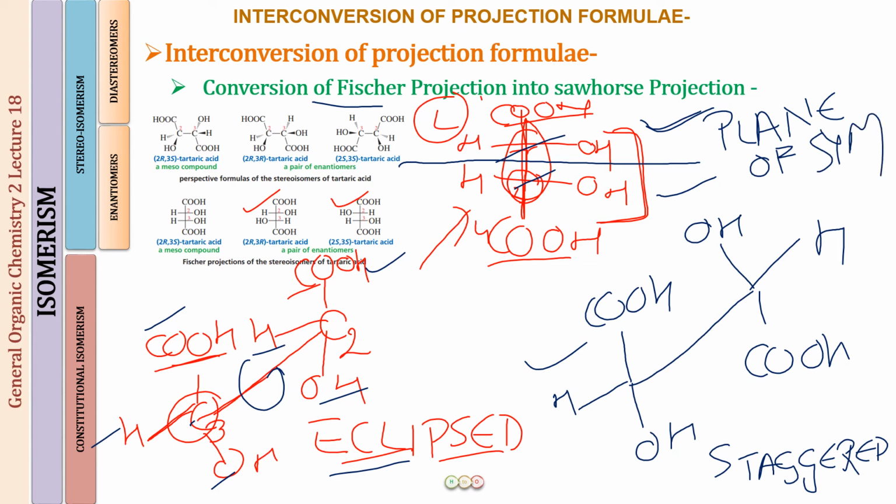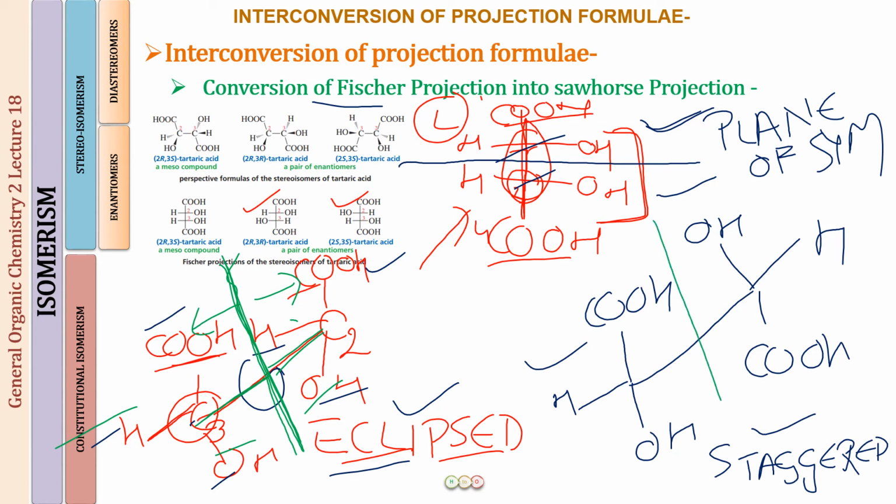Okay. So now out of these two, eclipsed and staggered conformation, where do you see a plane of symmetry, in the eclipsed form or in the staggered form? If I draw a plane here between C2 and C3, what I will see is, if I go this side, I have a carbon, this side I have a carbon, right? If this is acting as a mirror, I see on this side and this side a carbon-carbon. If I go up, I see both sides a COOH group. If I go forward, I see an OH, OH, and if I go backward, I see a H and H. So this is a plane of symmetry which I can see in the eclipsed conformation. Do I see that in the staggered?